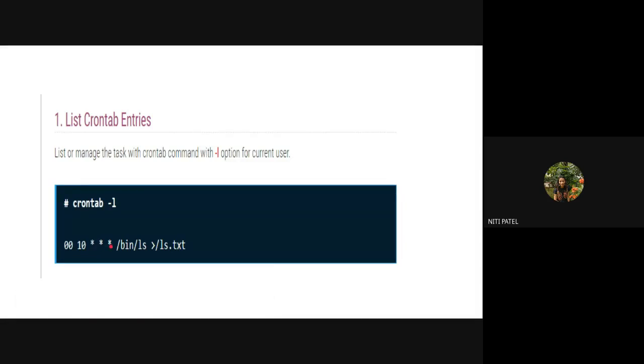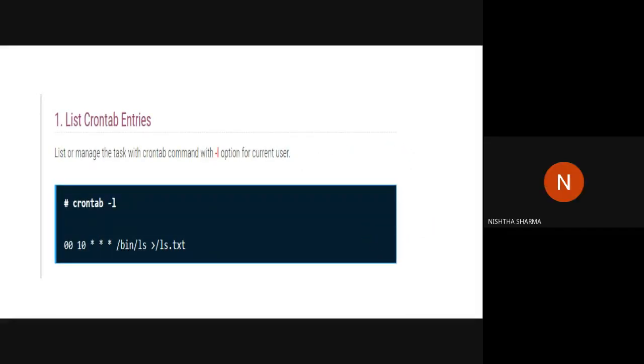So when I execute this command, what is this command going to do? First of all, it will execute at 10th o'clock, 10th hour. What is it supposed to execute? It is supposed to open the file ls.text. It will keep on happening every day. Why? Because I have not specified the month, the day of the month, and neither the week.